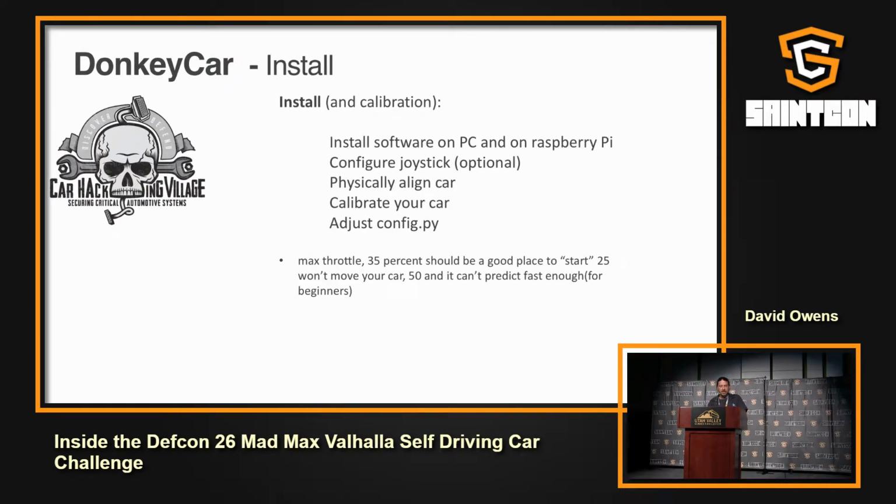Then you build the model, and then you use the model. So I'll go through these each. Installing the software on the PC, there's a very easy,